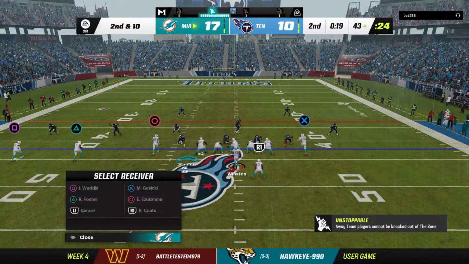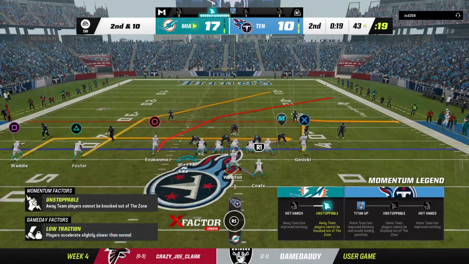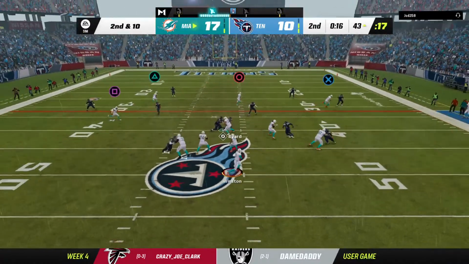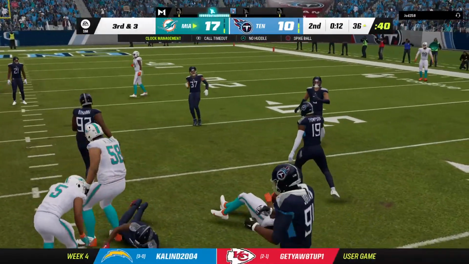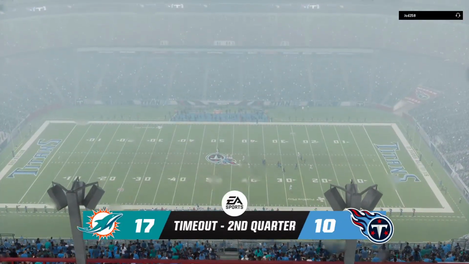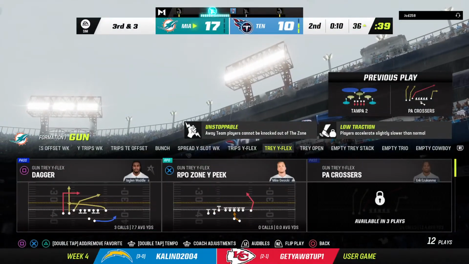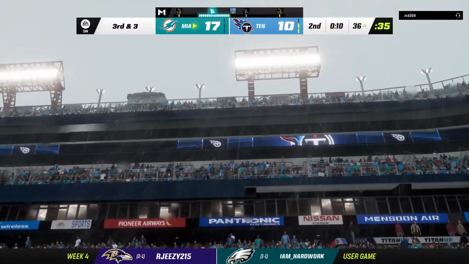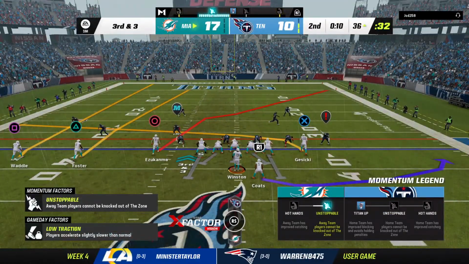Second and 10. On play action, Winston. Over the middle, it's complete. And he's going to be taken down just shy of the 35. Now a timeout signaled for, and they'll get it with 10 seconds to go before halftime. Here comes play number 9 now as they come up on a 3rd and